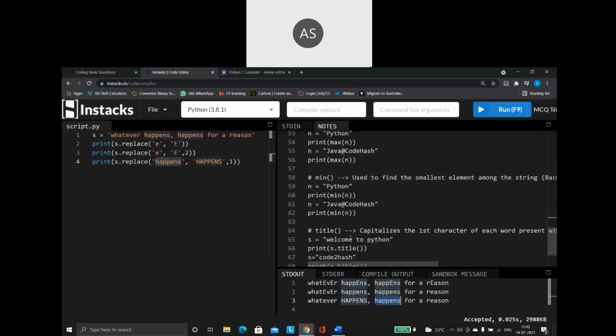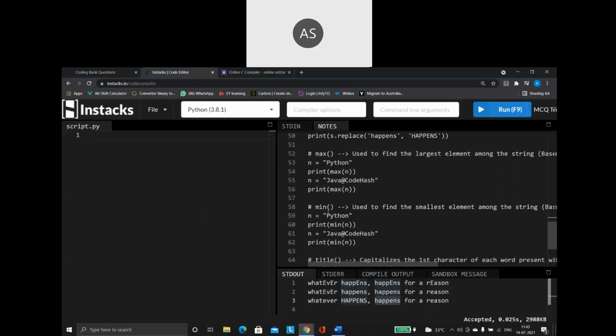Then the other two functions. The other two important functions. What I have is a function called min and a max. As the name suggests, min means what? Minimum value. Max means what? Maximum value. Now, how is the minimum value and maximum value decided for a string? If it is a number, yes, I can understand. Minimum value, maximum value. Number, I can say smallest number, greatest number, largest number. But when it is a string, how is it happening?